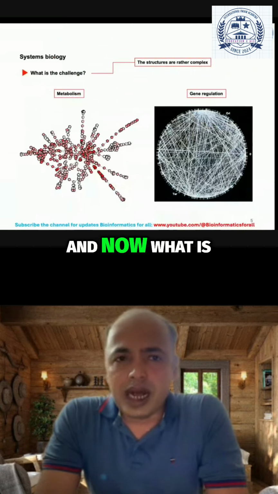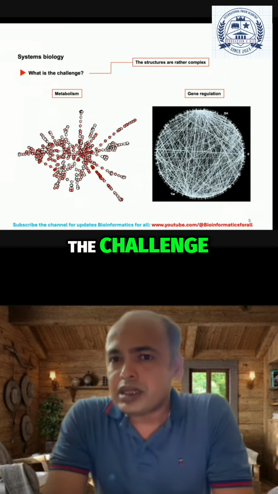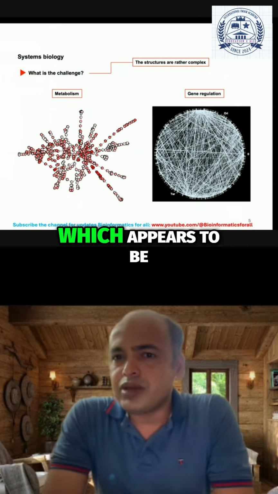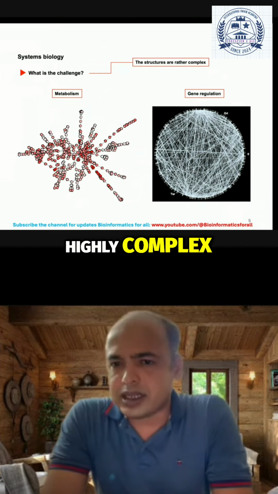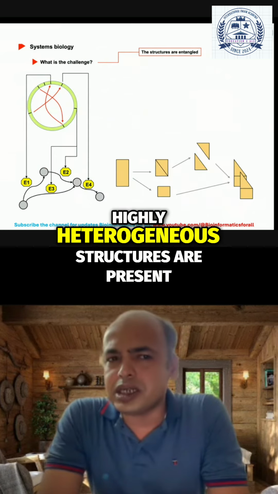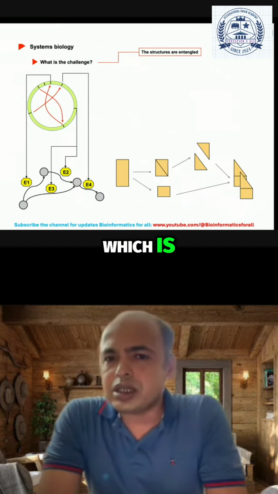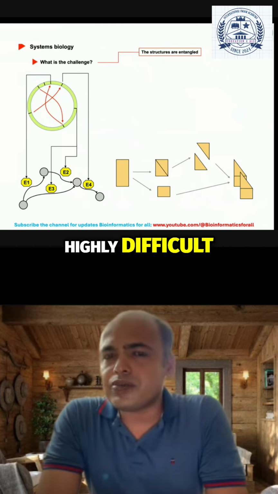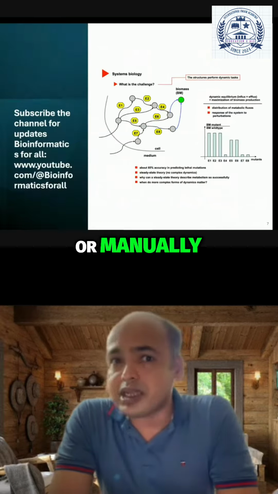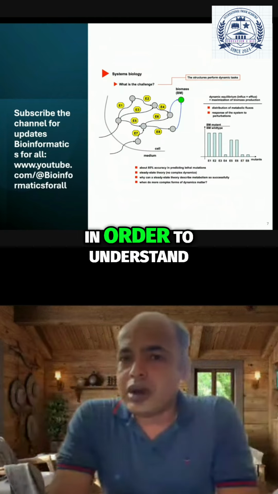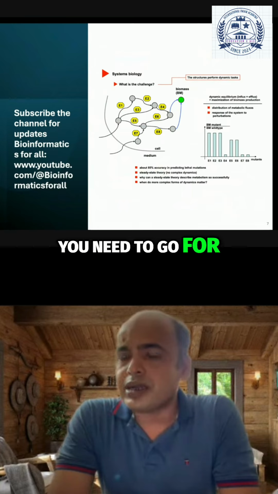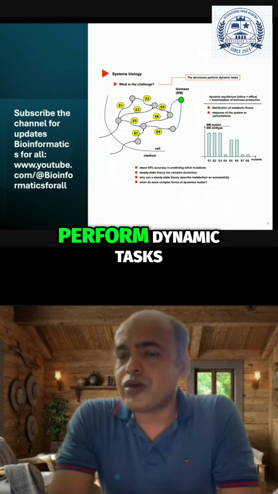entangled. Now, what is the challenge? Then on the right side, it represents the gene regulation process, which appears to be highly complex, and that is why you need to understand it. So the highly heterogeneous structures are present, which is highly difficult to unravel or understand with your open eyes or manually. Now, in order to understand the network structure, you need to look at how the structures perform dynamic